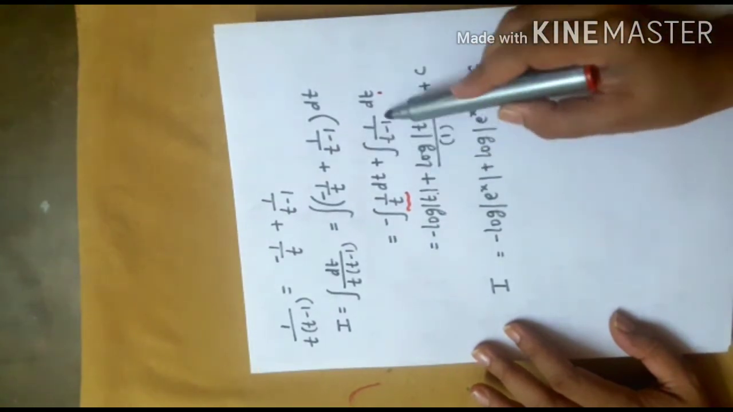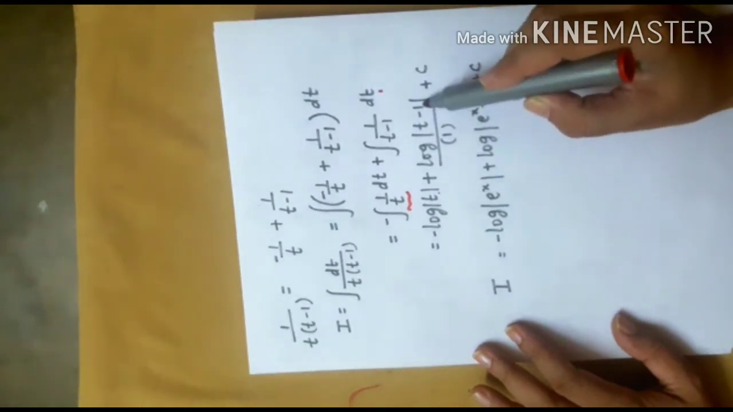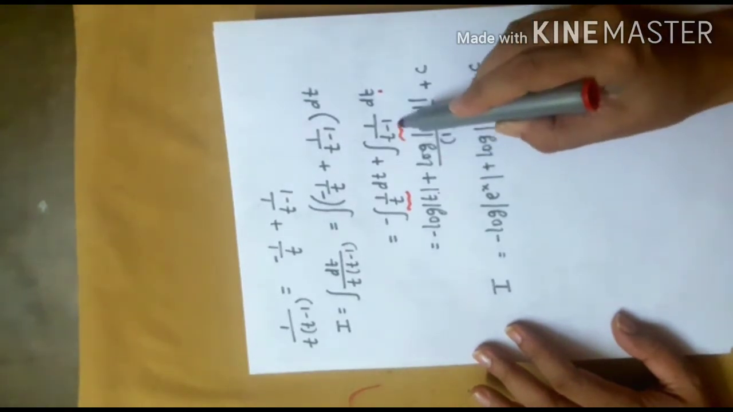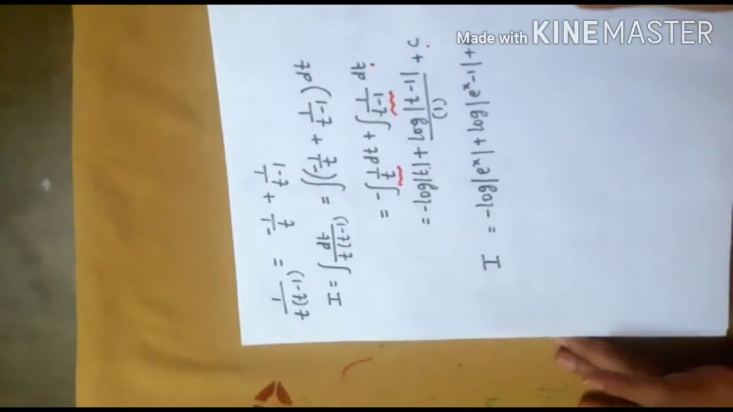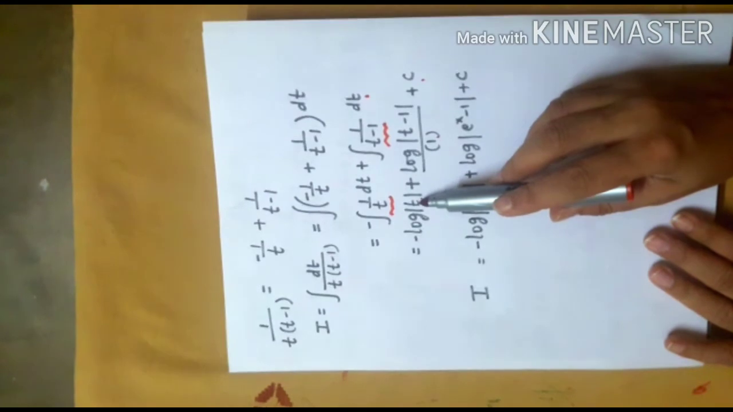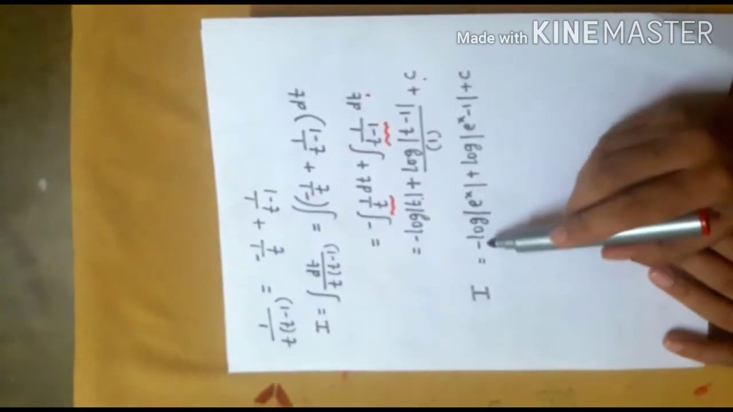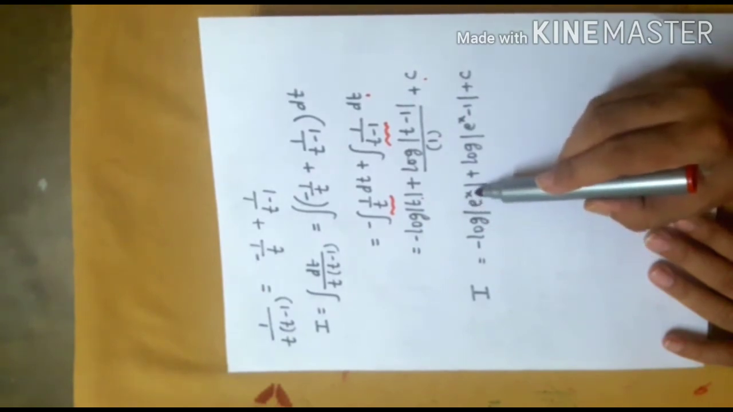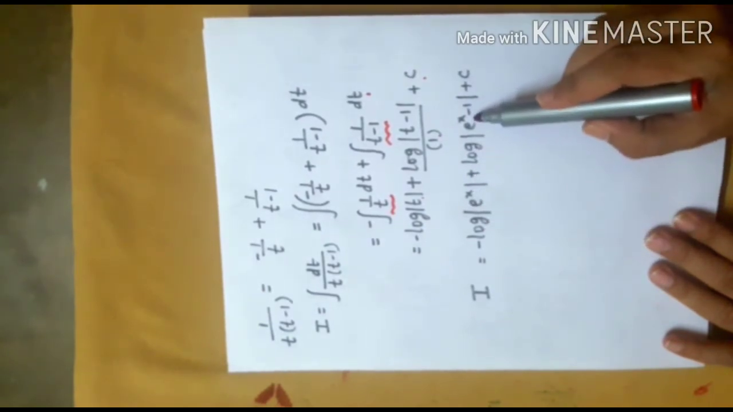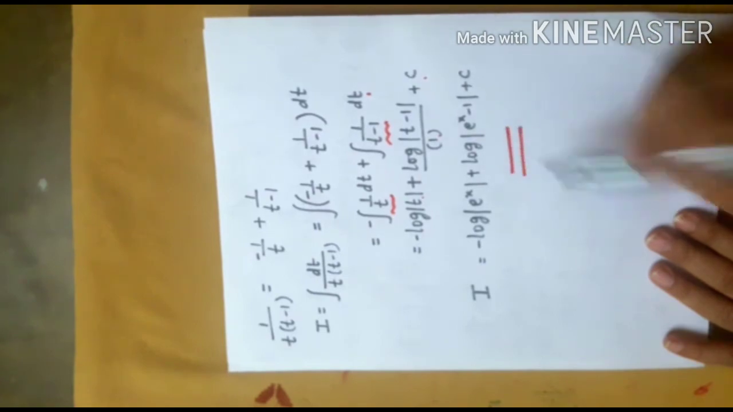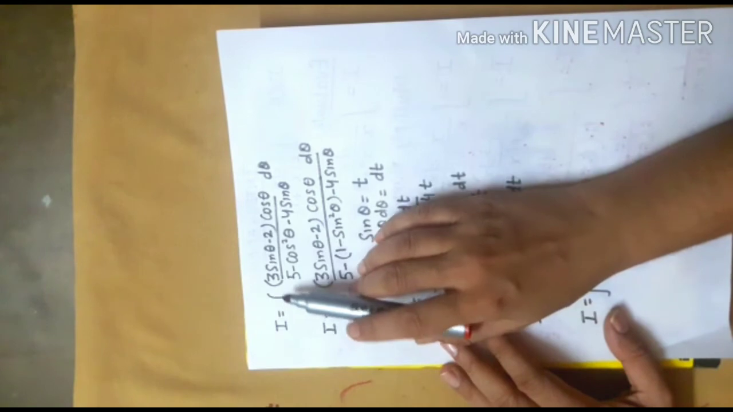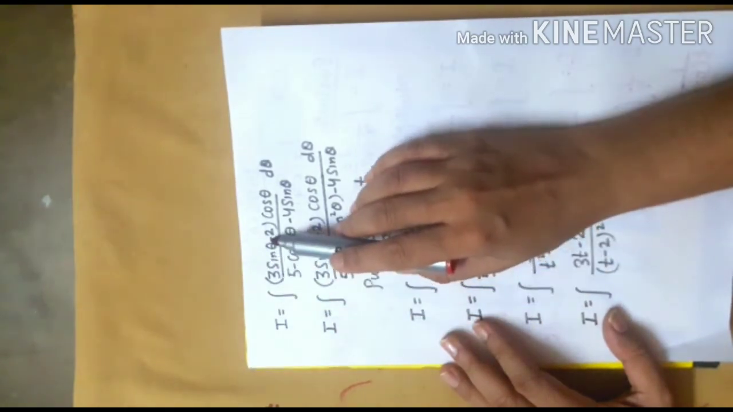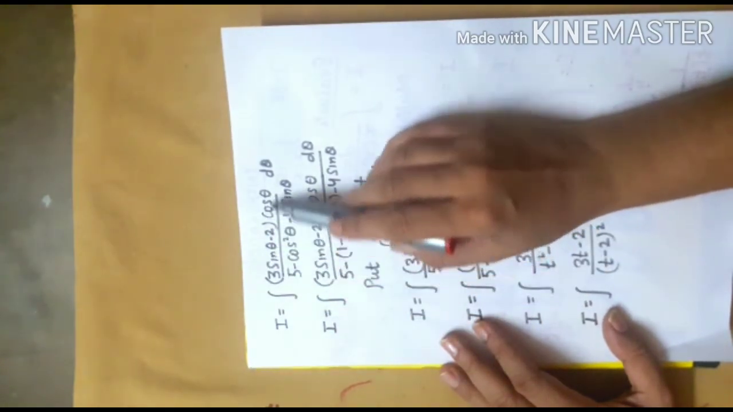Plus integral of this is log mod t minus 1 divided by derivative of t minus 1, which is 1, plus c. Now replace t with its original value, which was e raised to the power x. So I'll get I equals minus log e to the power x plus log e to the power x minus 1 plus c. Yes. Next question is, evaluate I equals integral 3 sin theta minus 2 into cos theta over